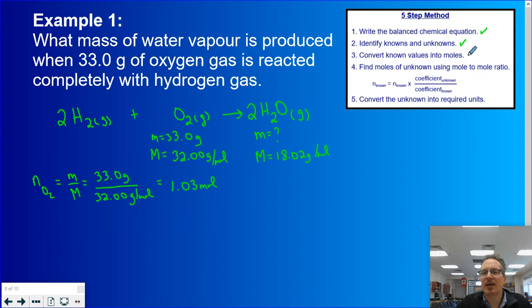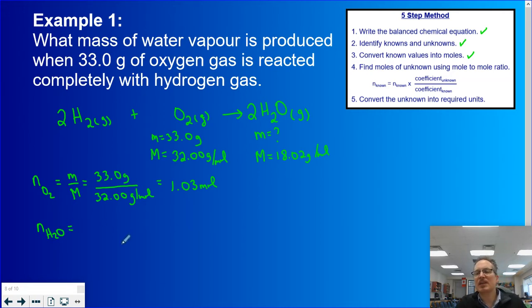So I have calculated moles. Step number 4, find the moles of the unknown. So now that I have found the moles of the substance I knew everything about, I'm now going to find the moles of my mystery substance, meaning the substance with the question mark, the substance where I'm going to eventually find out an unknown piece of information. So to find the moles of H2O,